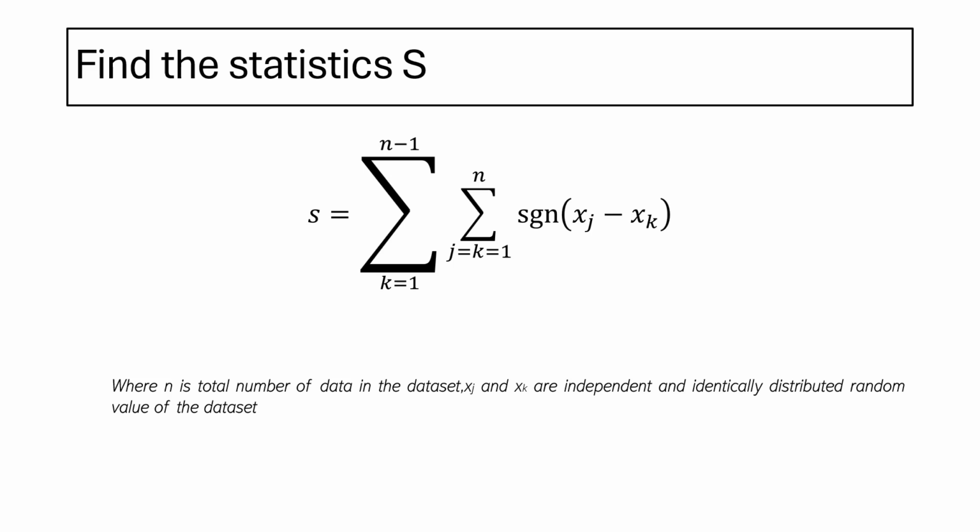So, before calculating tau, this is the first step of the Mann-Kendall test of trend detection. My first step will be to calculate the statistic S. Okay, in here what we try to find is